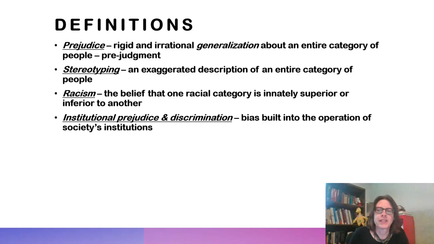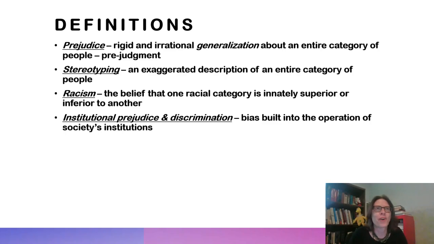Institutional prejudice and discrimination is built into the operation of the institutions. So the idea that America is built in slavery, the institutions were built and developed and formed when slavery existed. So therefore you have to say that there is institutional prejudice and discrimination, institutional racism, because at the very beginning and founding of the nation, there was. Even like if you think about things like University of Alabama, built with slave labor. I mean, it's there.